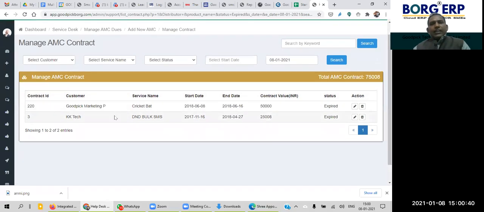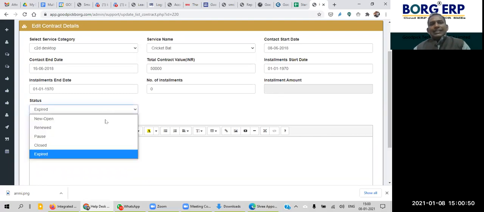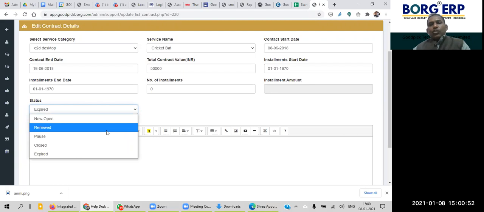So this is a contract summary, and you can edit the contract. If you want to change something in the contract, you can change it. Apart from that, you can also set the status. For example, the contract expired today, and you will call the customer tomorrow to say that the contract has expired.